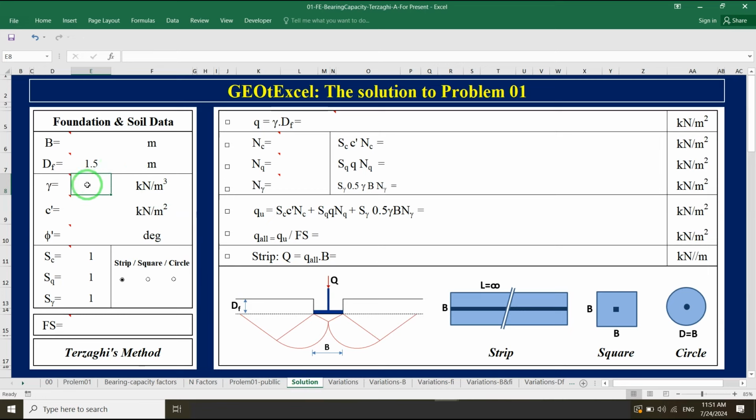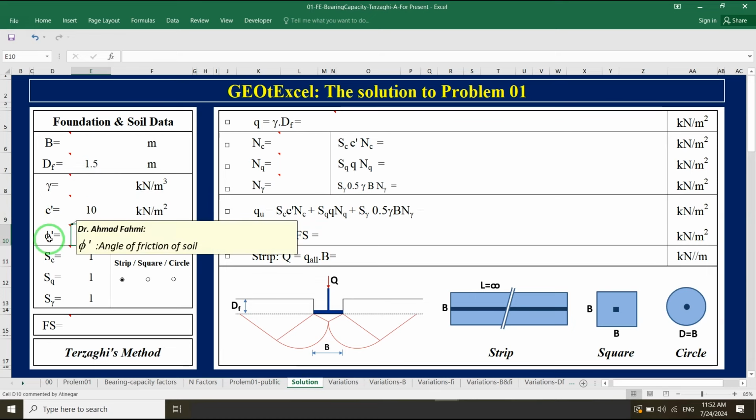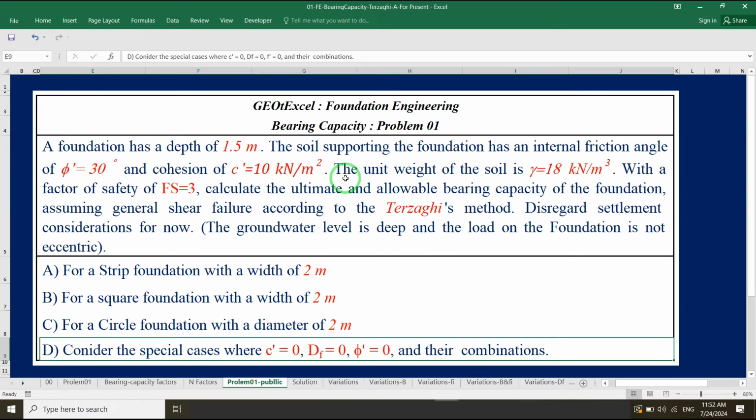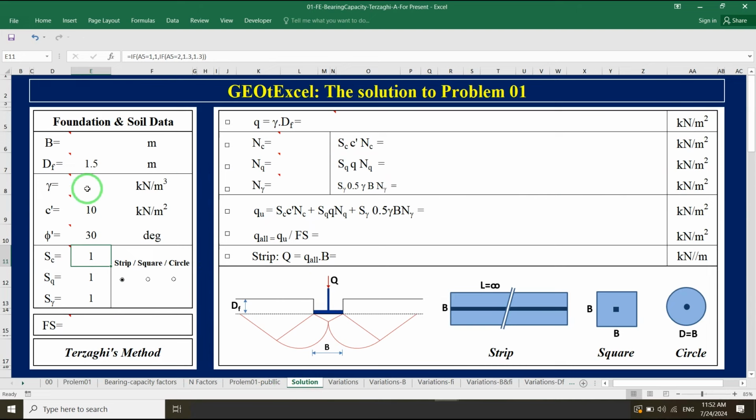Solution: C', soil cohesion, 10, and phi', angle of internal friction of soil, 30 degrees. The unit weight of soil is 18 kN per cubic meters. In Solution Sheet,